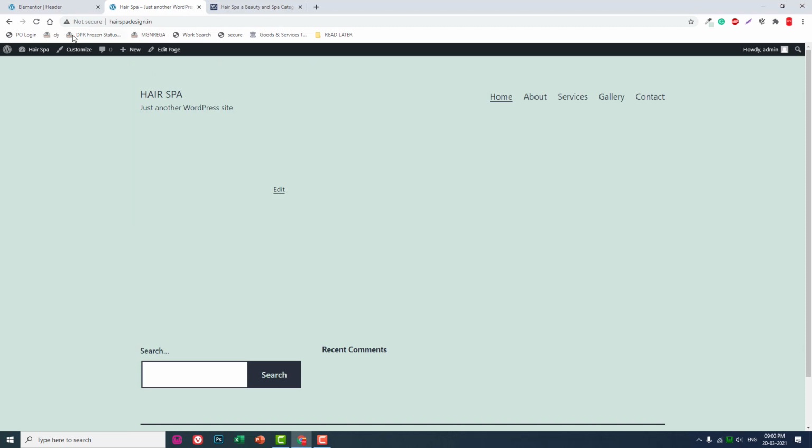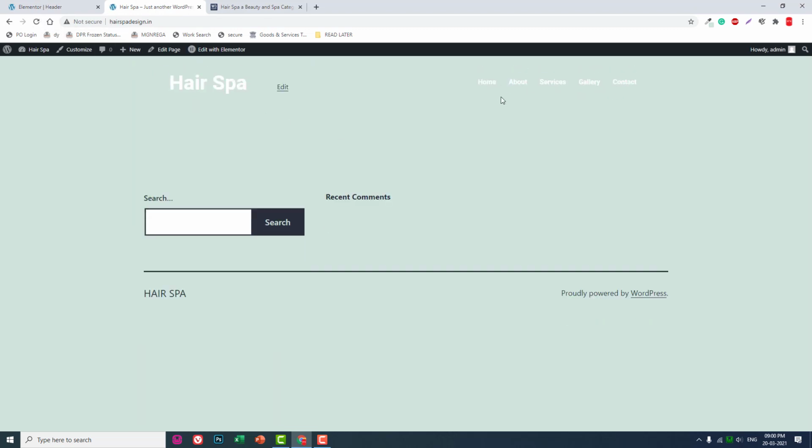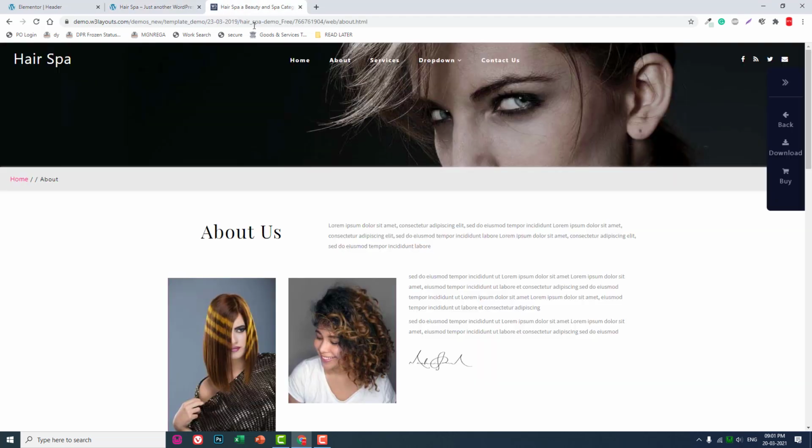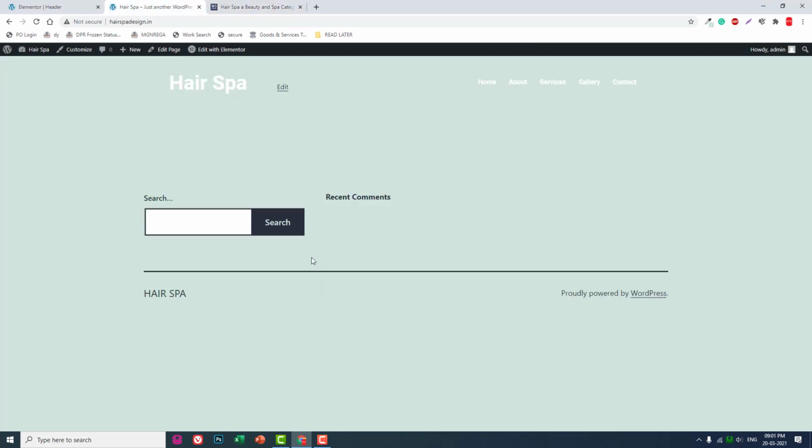And let's try it. Refresh this home page. Yep. This is our header. We have not designed a home page, so we cannot see it properly. But the thing is, this header is overlaying the first section, the hero section. Okay, that's it